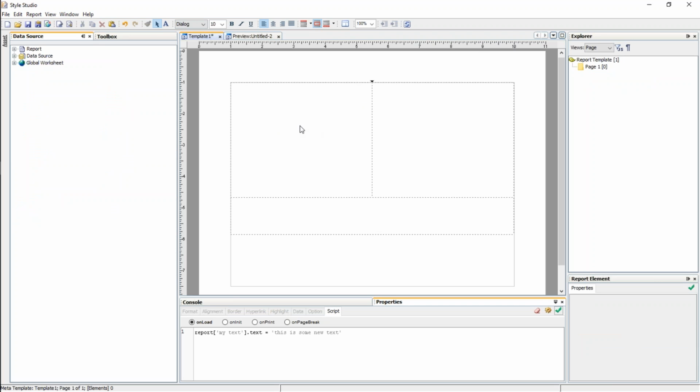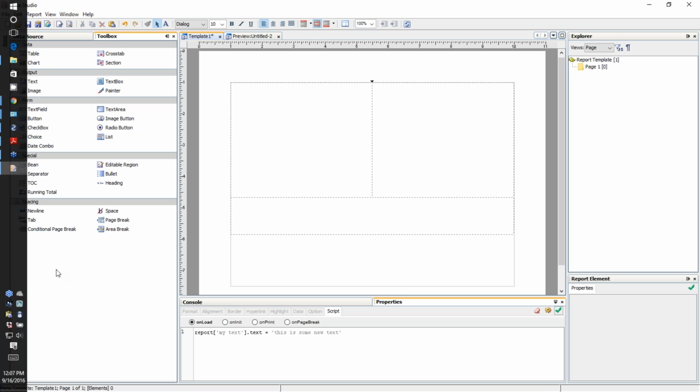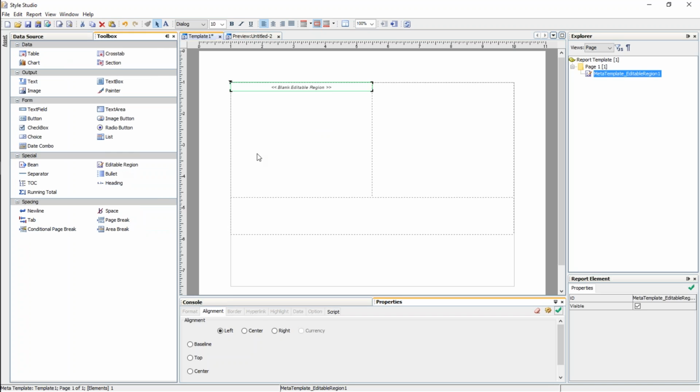If I want the report developer to be able to add components, I need to put those editable regions wherever I want such a component to go. I'll just try to wrap this up really quick because I'm over time, sorry. So editable region here, here, and here, and I'm going to add one more editable region because I want to put the bean that we created before in the header